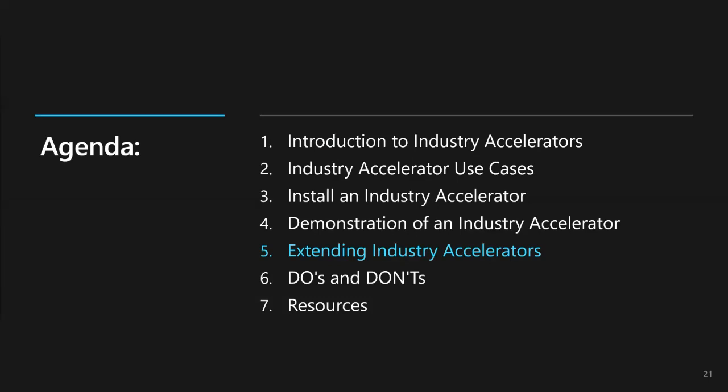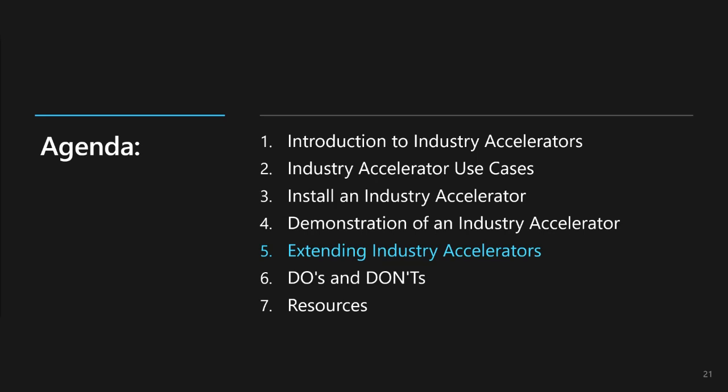So what I want to do now is switch gears again, and we're going to take a look at how to extend an industry accelerator. In the example that you're going to see here, we are using virtual entities, and I'm using the manufacturing industry accelerator for this example. So what you're going to see in the basic scenario that I'm doing is I'm exposing vendor invoices out to the model-driven app. It could also be extended out to the portal. We actually did a demo of that portion of it in our Power Apps portal session earlier.